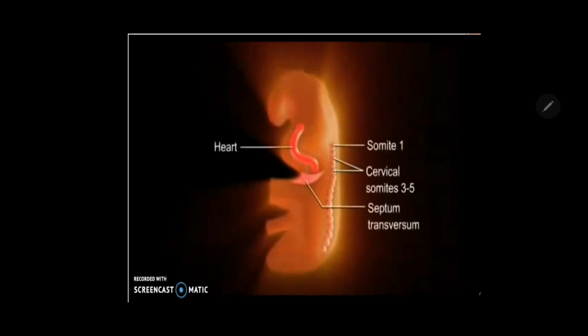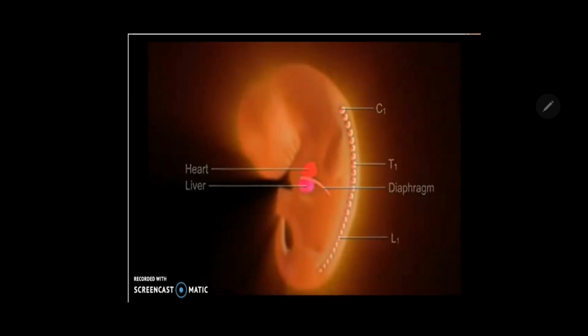So then diaphragm descends from the neck to the thoracoabdominal junction with the descent of the heart and lung buds, but carrying the nerve supply from the neck, that is the phrenic nerve. So this is about the development of diaphragm. Remember, it developed from the septum transversum, dorsal mesoesophagus, body wall, and pleuroperitoneal folds.